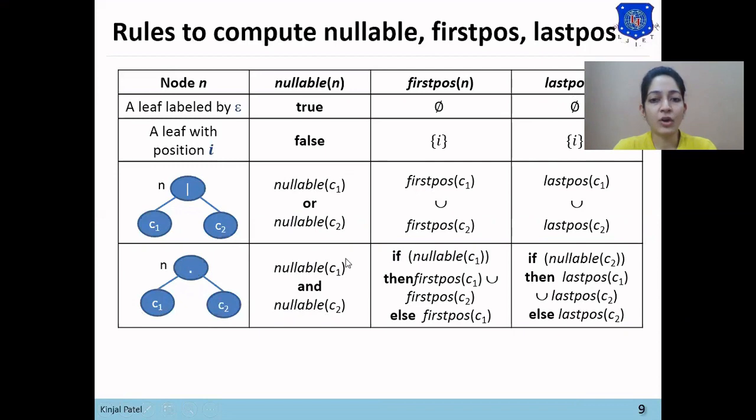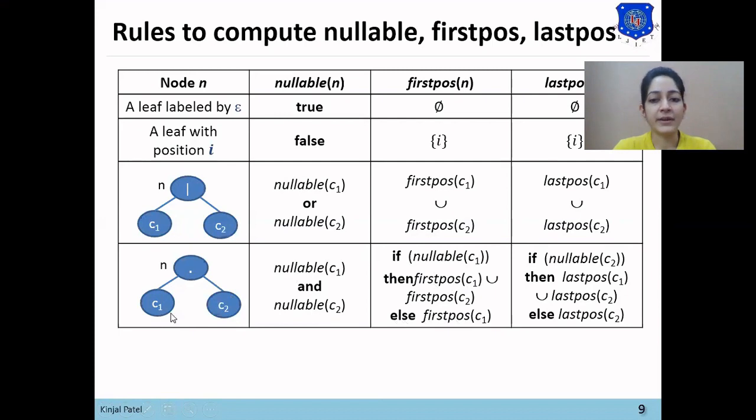Now first position of the dot node: if nullable of C1, means if the null string can be generated from C1, then first position of the dot node will be first position of C1 union first position of C2. And if null strings can't be generated from C1, then first position of the dot node will be first position of C1.